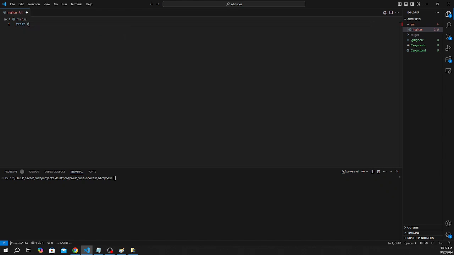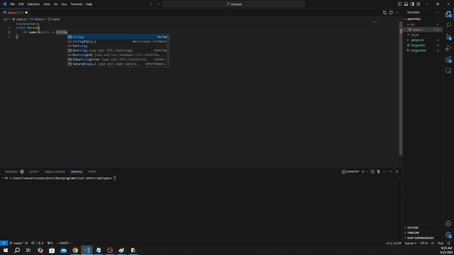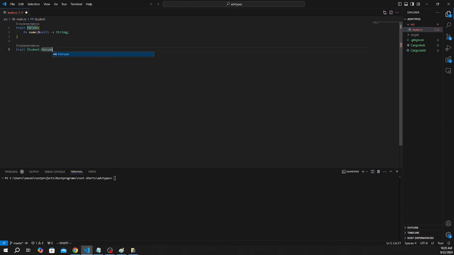If I have a trait like Person, it needs to implement the function name, which takes self and returns a String. So this is what the Person trait is. And if you want to define another trait, Student, and when you define the trait Student, you want it to inherently implement name as well, basically Person as well, you can just do this. So Student derives from Person, and Student will have a